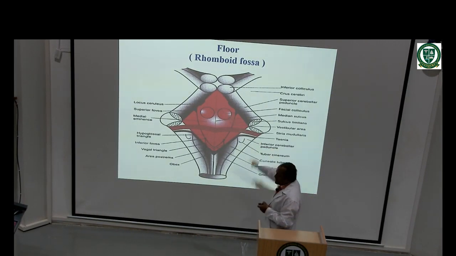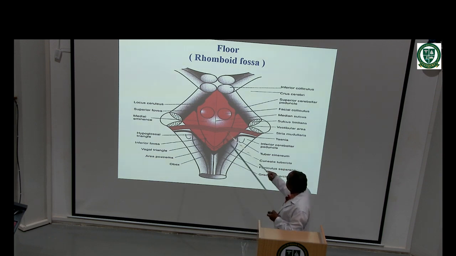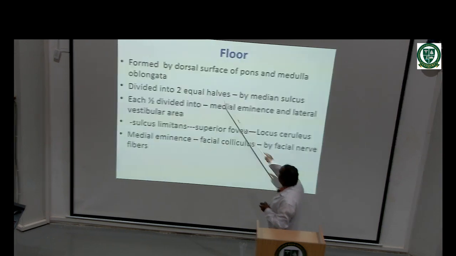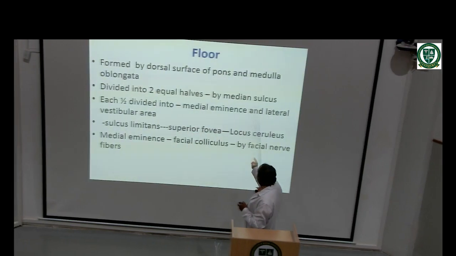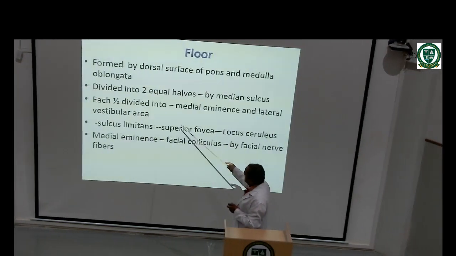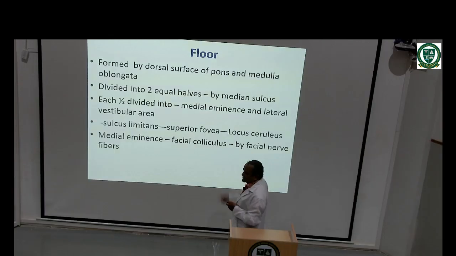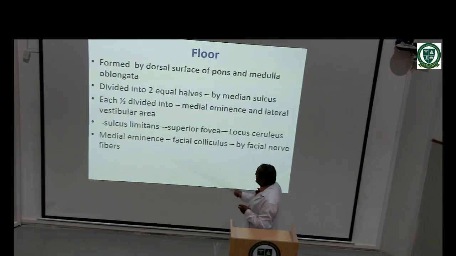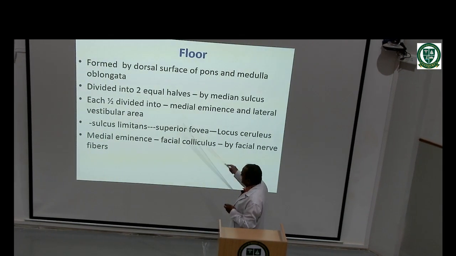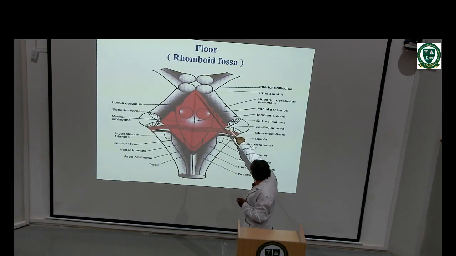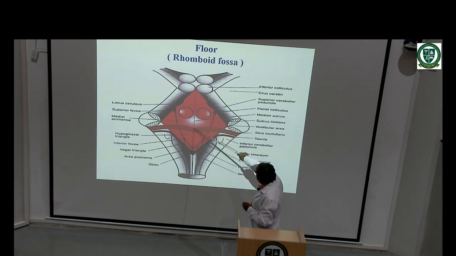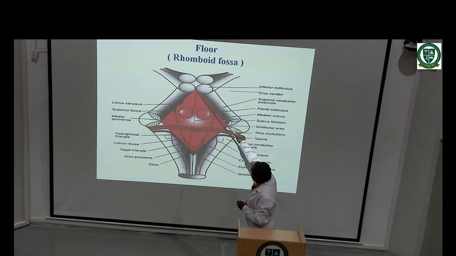In the floor of the fourth ventricle, you have to study so many structures. In the midline there is a sulcus called the median sulcus. This median sulcus divides the floor into two halves, that too in the upper part. First let us study the upper part. So in the midline you have the median sulcus. It divides into two halves,